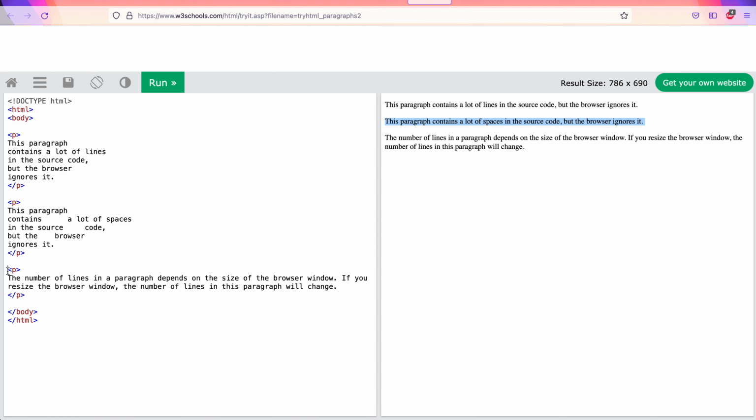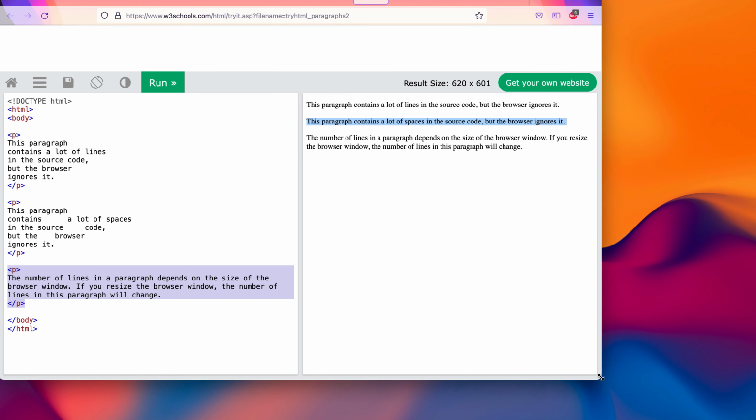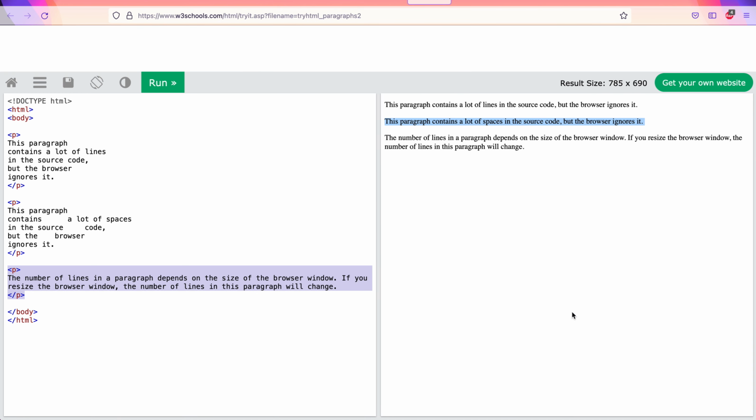The third paragraph is just a sample paragraph, but if you resize the browser window, then the paragraph will adjust itself. This I think you already know. So these are paragraphs in HTML. Important things to remember: any empty lines we put in a paragraph or outside a paragraph are ignored by HTML. Any new lines that we put in a paragraph are ignored by the clients, and any additional spaces that we put in a paragraph are also ignored by the clients. All the text is shown to be contiguous.